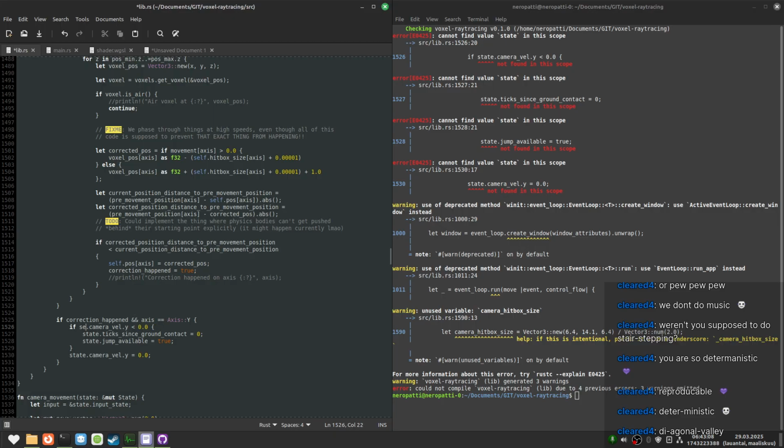And we have self.velocity.y. Dude, I love that I did this axis thing for vectors.